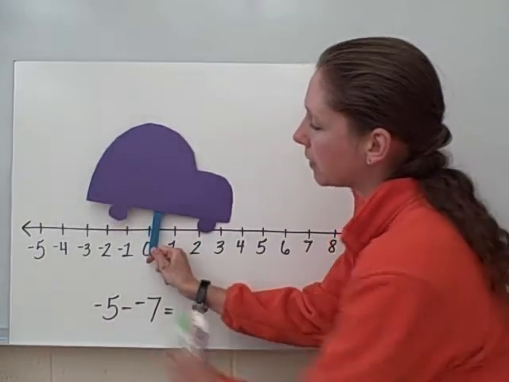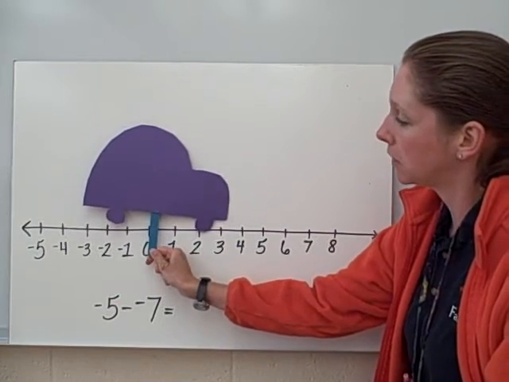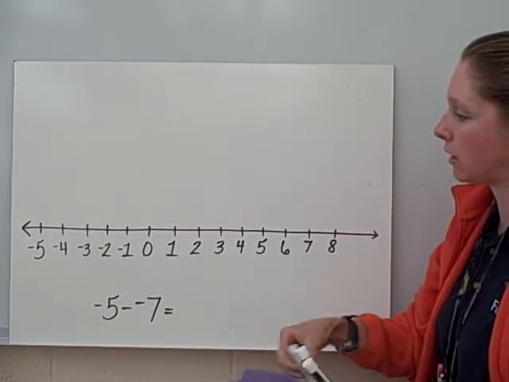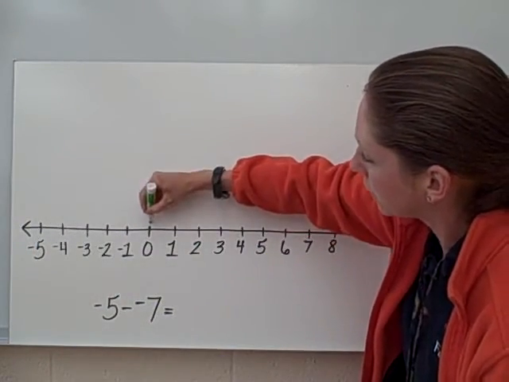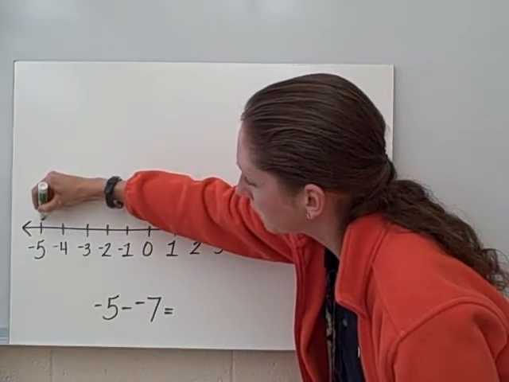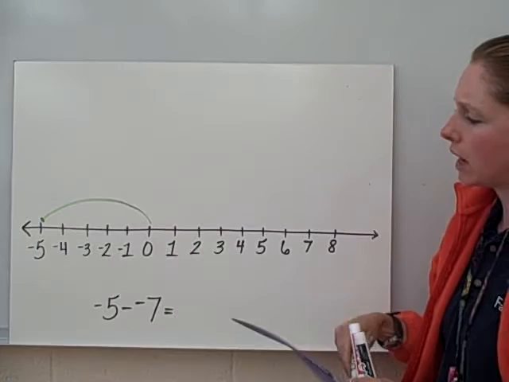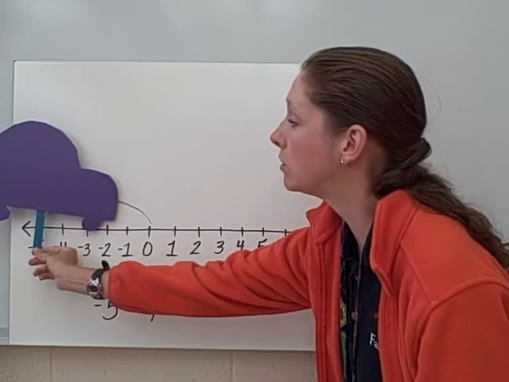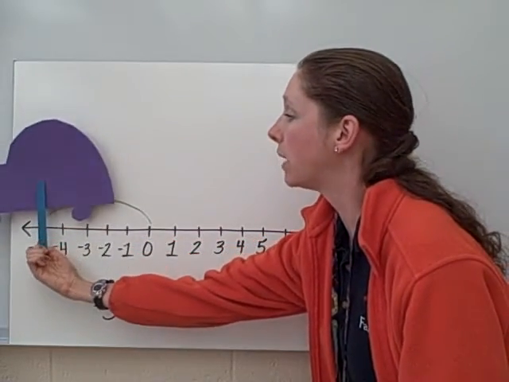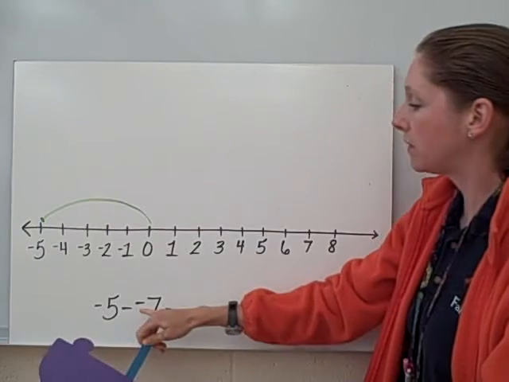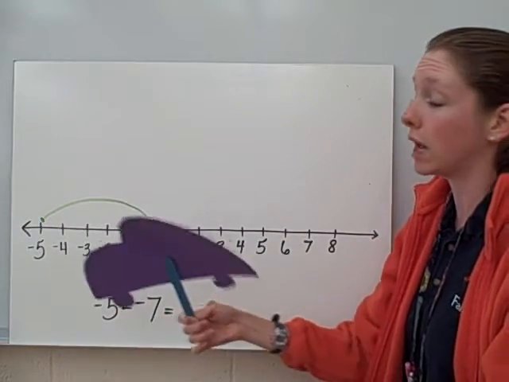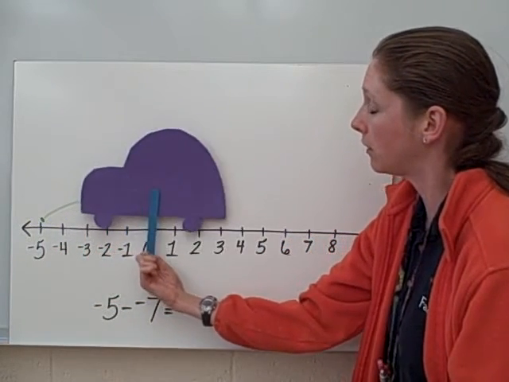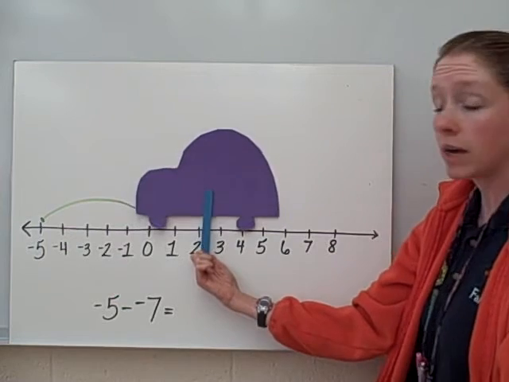So negative 5, that means I'm going to back up 5 spaces. So 1, 2, 3, 4, 5. Okay, let's make a dot there just so we know where we are now. So the car backed up 5 spaces. Now we've got take away or subtract, which tells me that my car is going to do a U-turn. So think about your car reversing direction, subtract, and now we've got negative 7, which remember negative tells me to back up. So 1, 2, 3, 4, 5, 6, 7. Look, I ended up at 2,